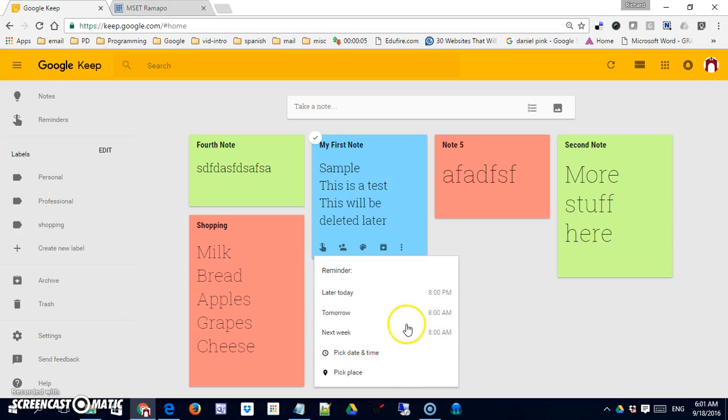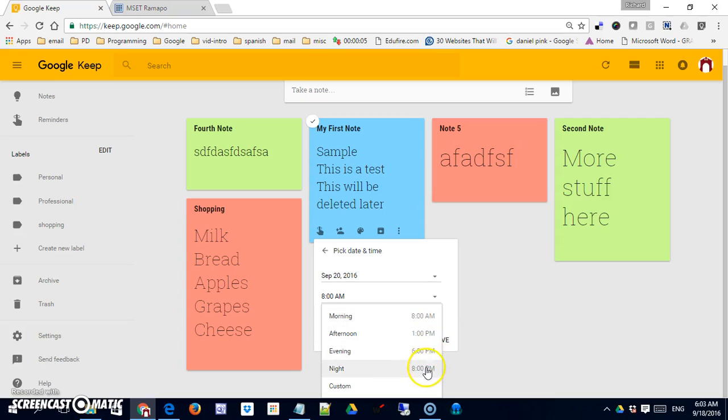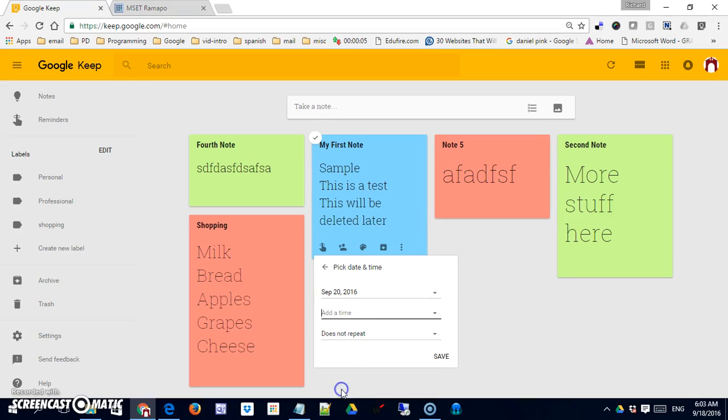Now these defaults can be edited, and we'll look at how to do that in a moment. Or you can pick a date and time. So this works in the way you would expect it. You simply select the date. You can select the time from these pre-entered settings, which we'll edit. Or you can go to custom and do any time that you want. So I would like this at